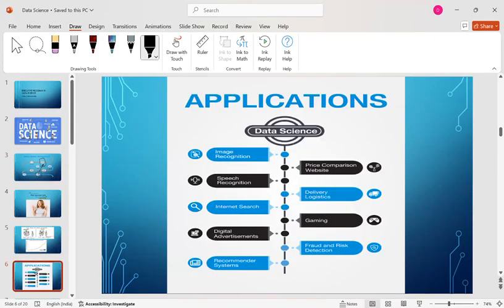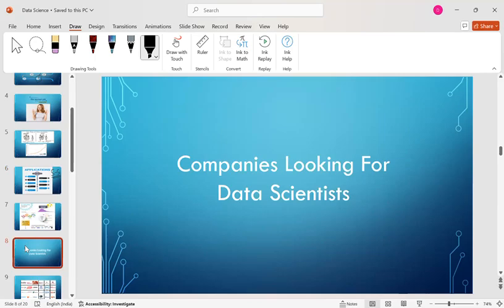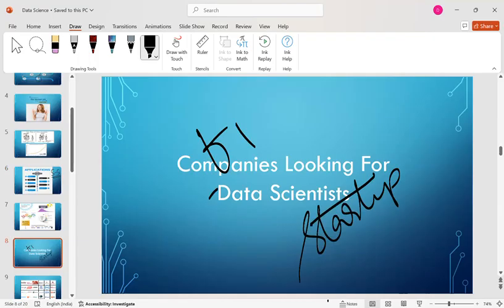So today, from safety pin to satellite, everywhere there are data science applications. For safety pin sales prediction, they need data science. For a satellite, whether it goes into the orbit or not, they also need data science. It can be banking, gaming, delivery logistics, price comparisons, image and speech recognition, internet searches, digital advertisements, recommendation systems, what not. Even a Fortune 1 company is looking for data science today. A startup company is also looking for data science. That is the drastic growth people are finding in data science.